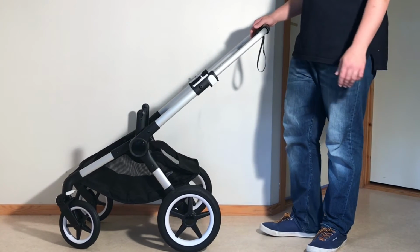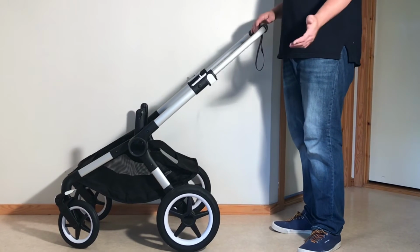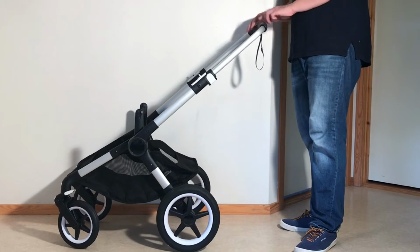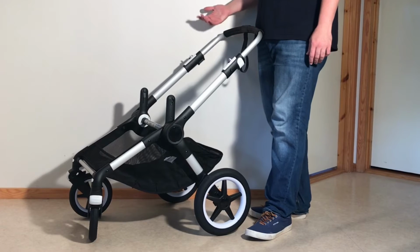One last note to point out with regards to the handle is that Bugaboo has changed up the height of the plastic elements and the overall curve at the top a little bit, to better protect the leather covers when using the standing fold. Okay, moving on to the folding system itself then, there are 2 points of activation, the